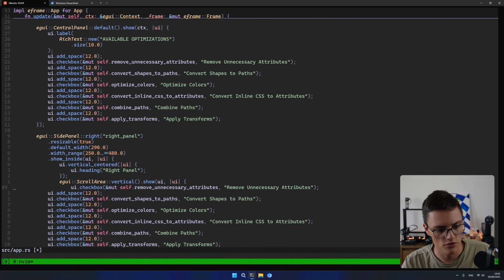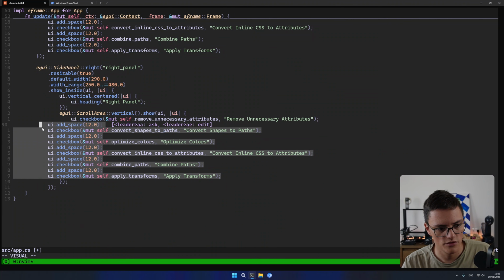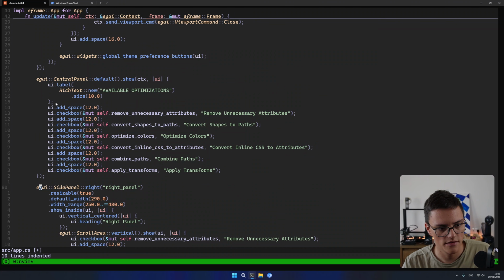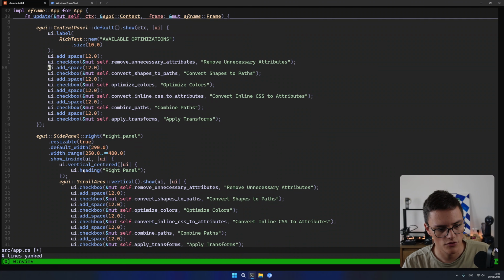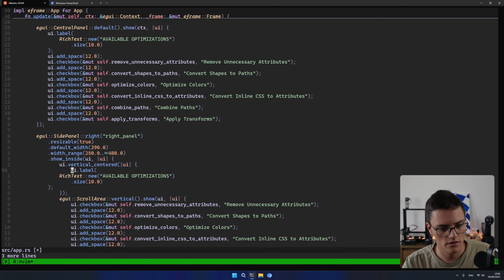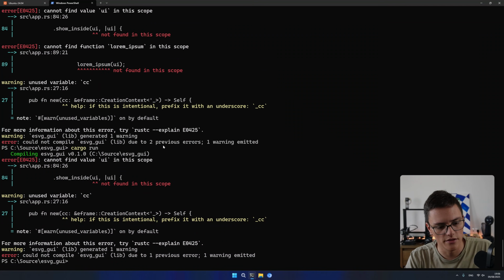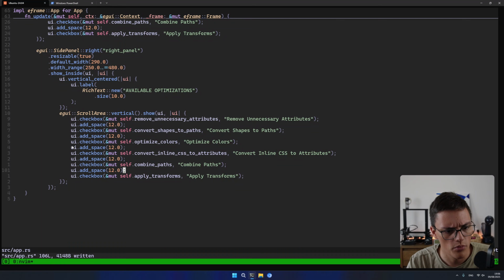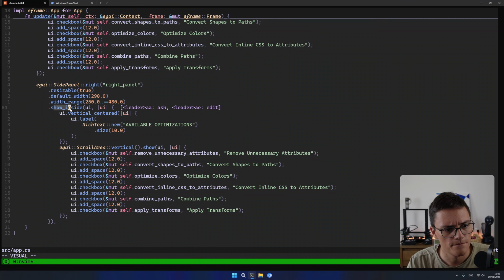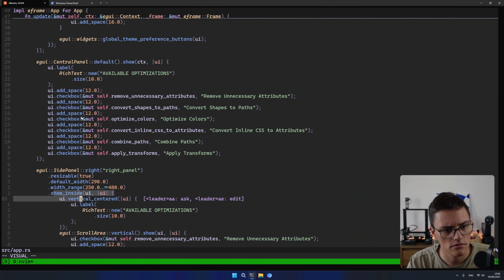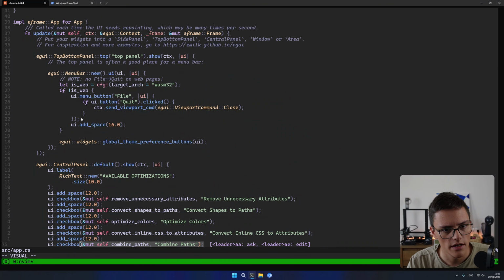We want that to be a scroll area for sure. If the user has a smaller screen real estate in terms of height, you should be able to access all controls. And here, I'll put the label. So now we have a side panel that has the same content as the central panel, but that's normal. What's wrong? Cannot find value UI in this scope. Why is that? Oh, that is because